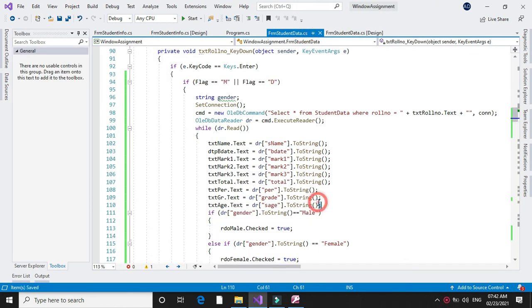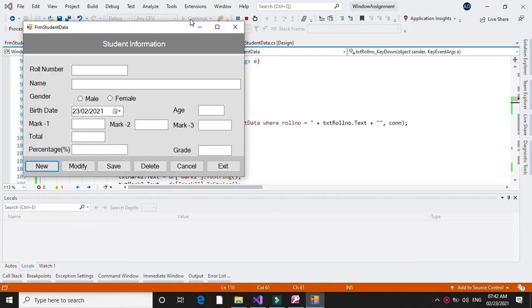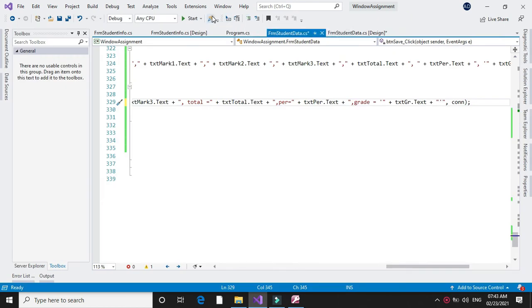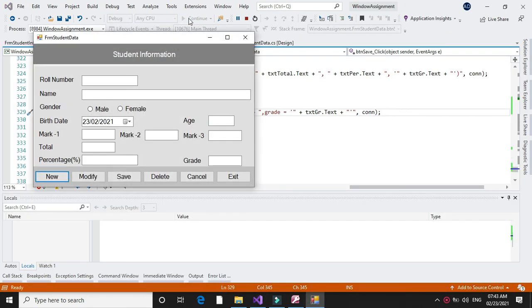And when we execute, if we click on modify button and we have entered 1, it will display the data, it will display the gender also. So when we execute it, we will click on modify button, it will ask for roll number.